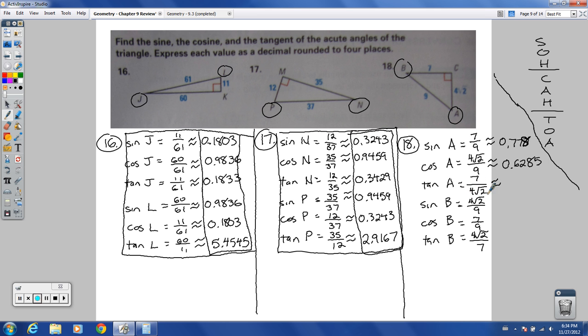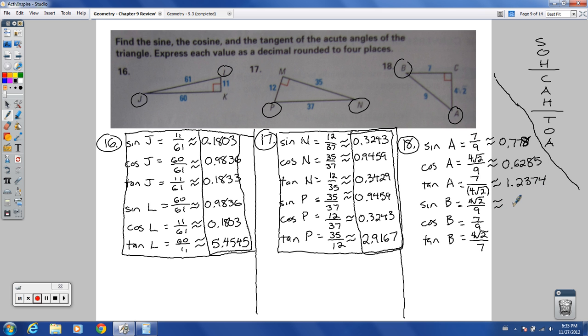And then this plugged into a calculator, do the same sort of thing. You'll want to do this first. Think of this kind of as being in parentheses. It's always like invisible parentheses are there when you have fractions. And so it's 7 divided by 4 radical 2. This would be 1.2374. If you plug that into a calculator, plug the rest of these into a calculator, you're going to get